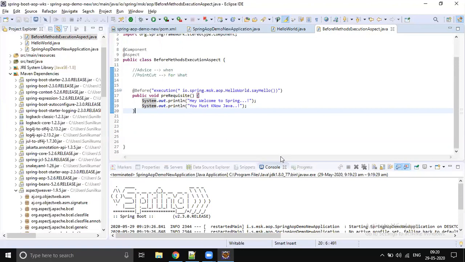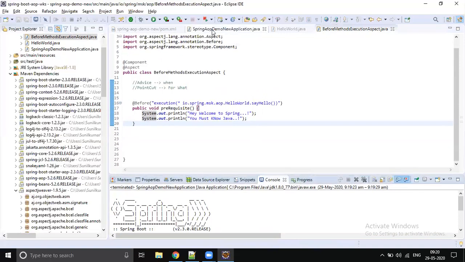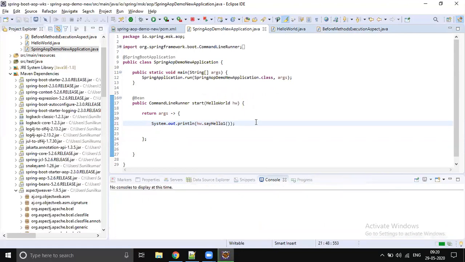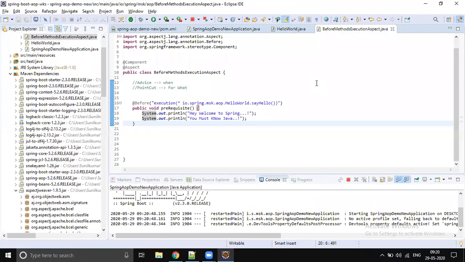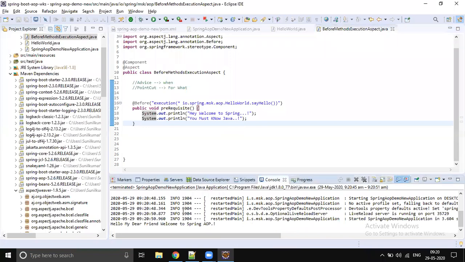Okay, good. For one method it's working fine. If I call another method, it won't work because we hard coded it. For now our before advice pointcut has only sayHello. So when you call sayHello1, the advice will not be executed.